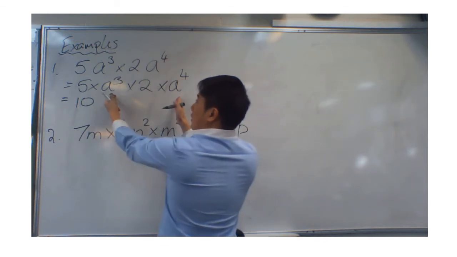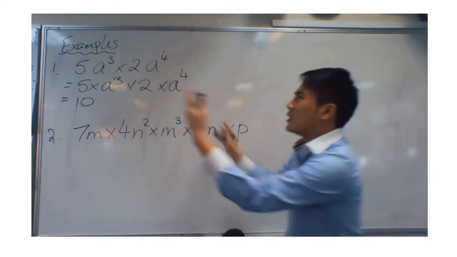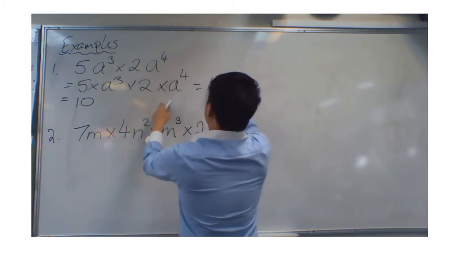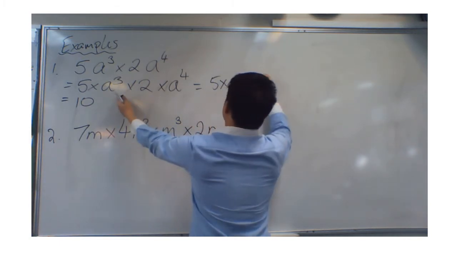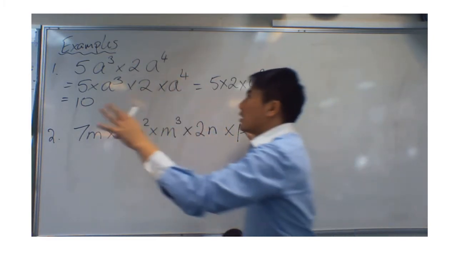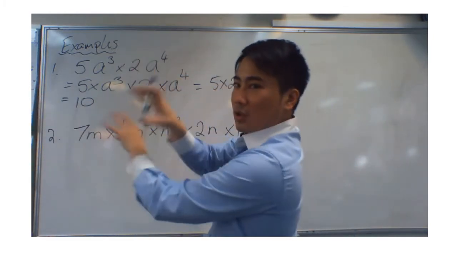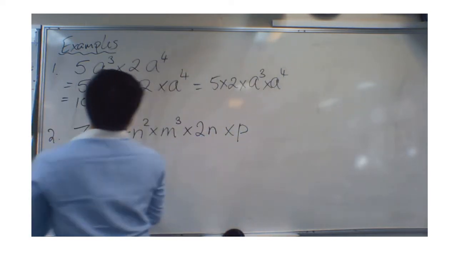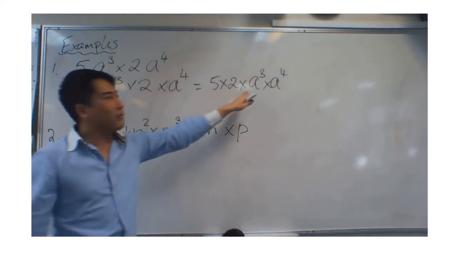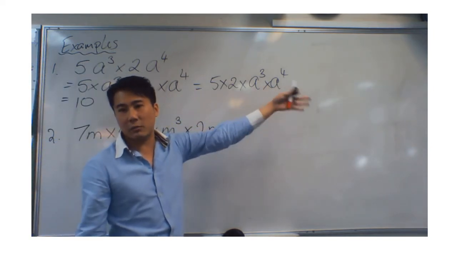Remember, when we are multiplying things, we can rearrange the order. This whole thing is the same as 5 times 2 times a to the power of 3 times a to the power of 4. Remember, when we're timesing, 2 times 3 is the same as 3 times 2. We can shift the order. So, 5 times 2 will give me 10. A to the power of 3 times a to the power of 4 will give me